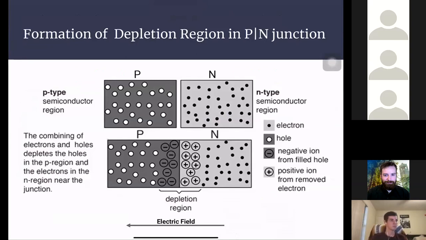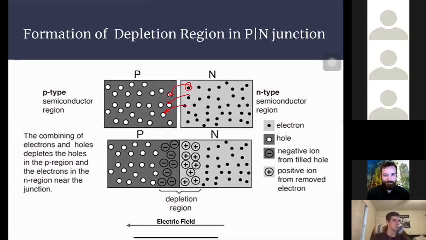Now I've told you about a p-type and an n-type, right? A p-type has a large number of holes, while an n-type has a large number of electrons. So what if we join a p-type and an n-type semiconductor together? When this happens, electrons jump into holes. This electron jumps into this hole and fills the space, and this electron can do the same, and it creates a space,